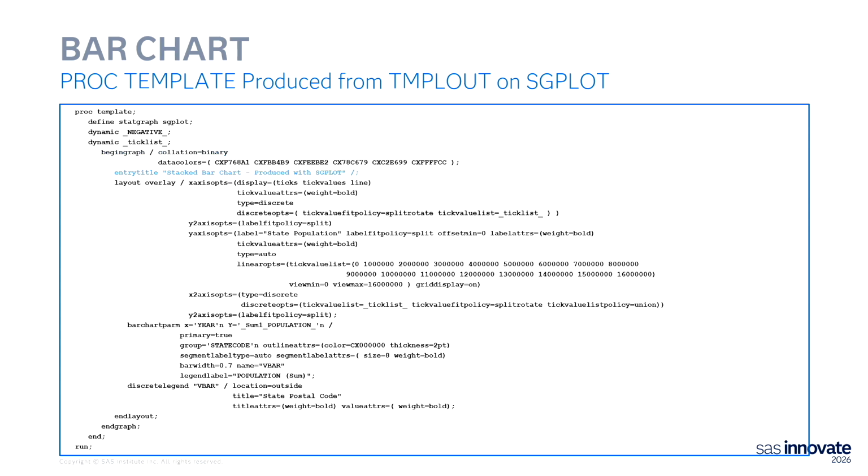Now start going through this and saying, I don't need an entry title. And I'll explain why we don't want this entry title. We do want a title, but we may not want the entry title embedded directly into the graph area. We may want that title outside of the graph area. If you want it in the graph area, then keep the entry title. But if you want it outside of the graph area, then get rid of the entry title and use a title statement.